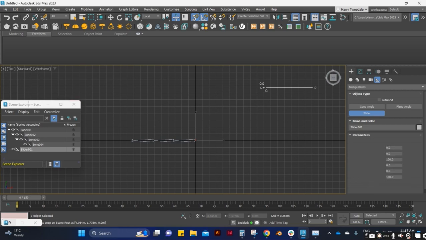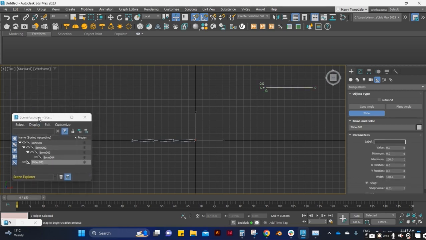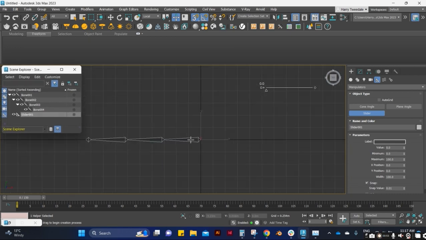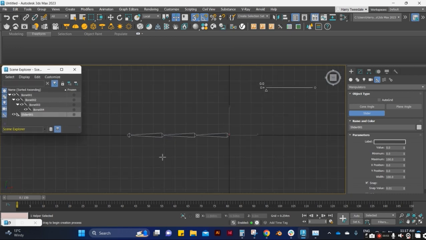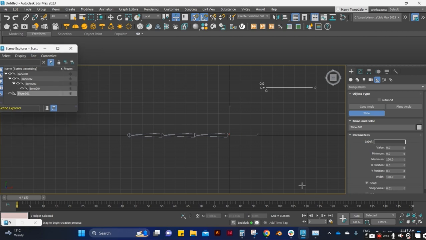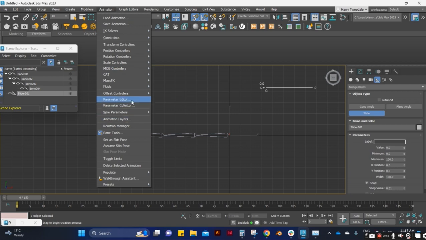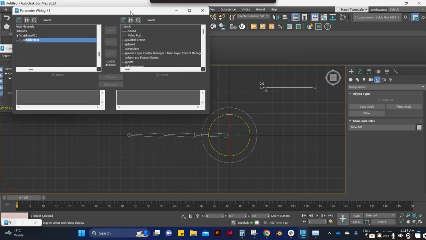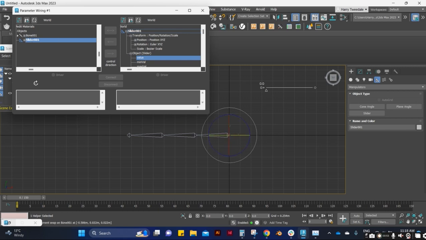And like the last video, what we can do is set up some wire parameters with the bones so that they can rotate in relation to this slider. And what we'll do that now. So we'll go to Animation, we'll open up our Wire Parameters dialog box. We'll refresh this, and we'll have transformation. We'll go Objects. Well, the value will be the slider, and then if we go to bones, we'll grab the first bone,